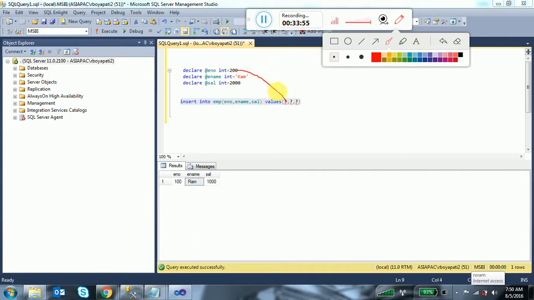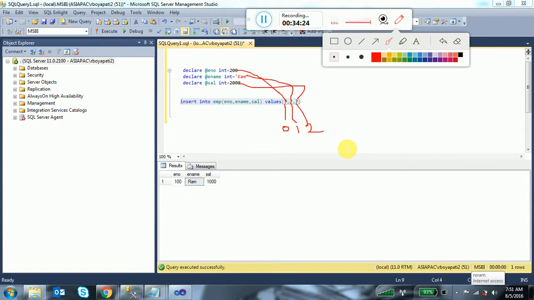So this mapping we have to do: for 0, which variable value you want to insert, that is employee number. For 1, employee name. For 2, salary. The parameter variable mapping we have to do here. Understood?